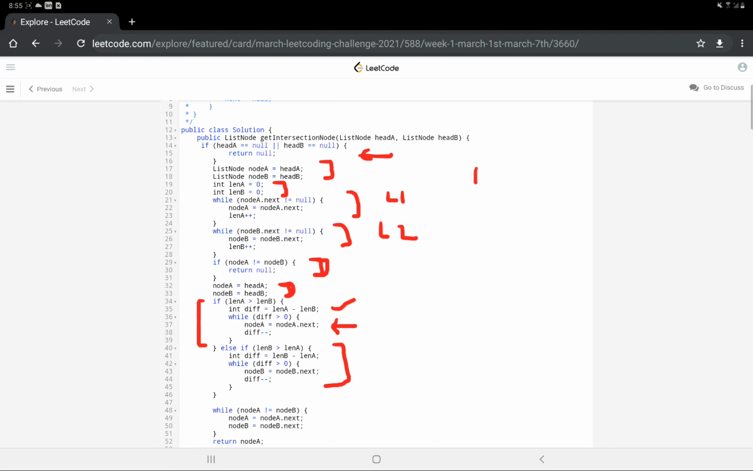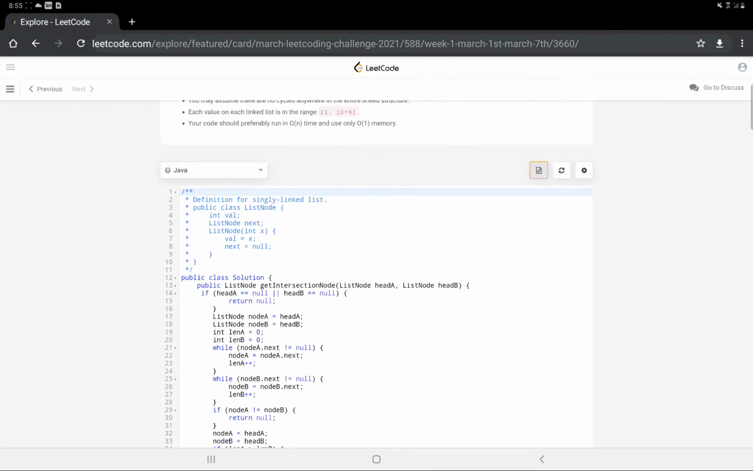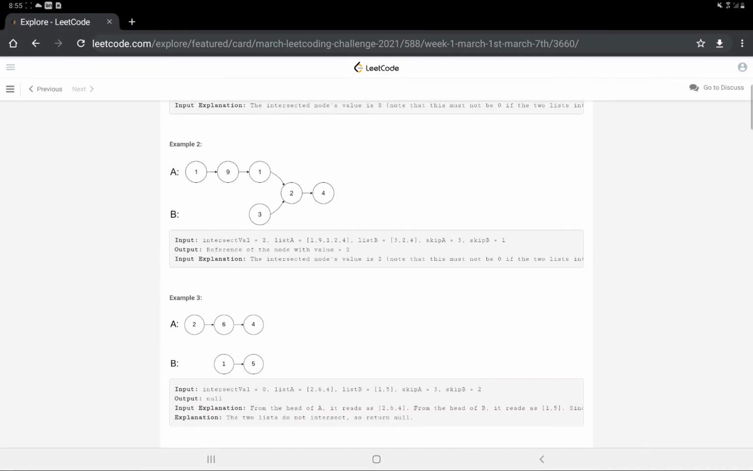Now we are at the same positions for both of the linked lists. Now what we will be doing is we will just traverse them while they are not equal, and if they do not intersect, like in this case, so they both are